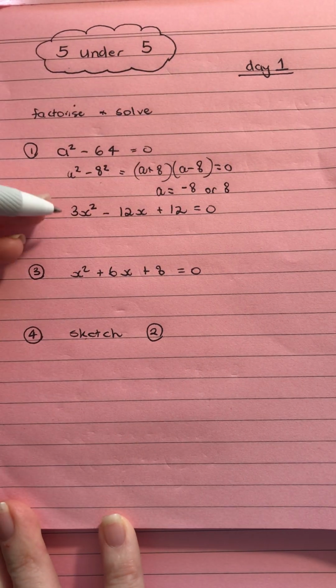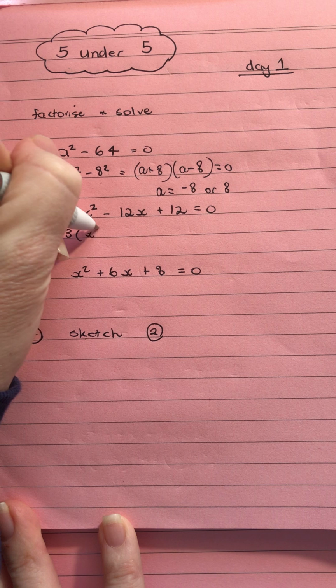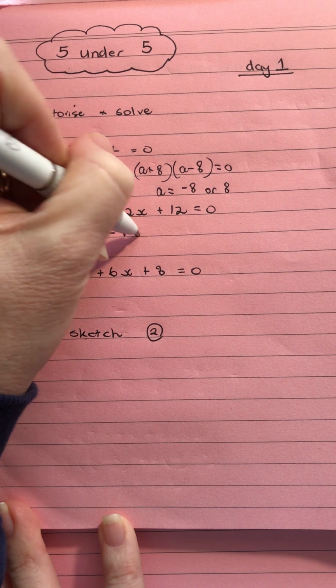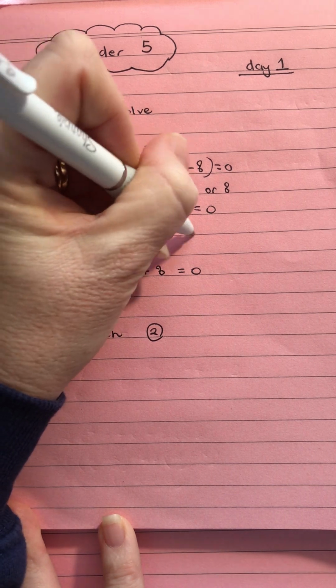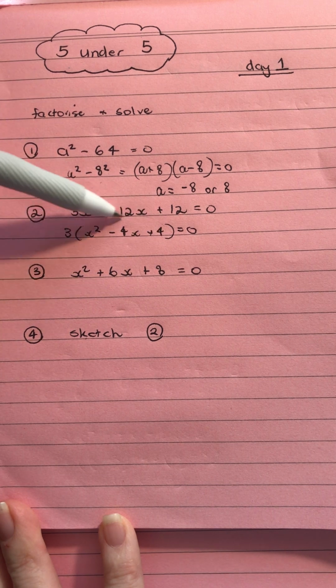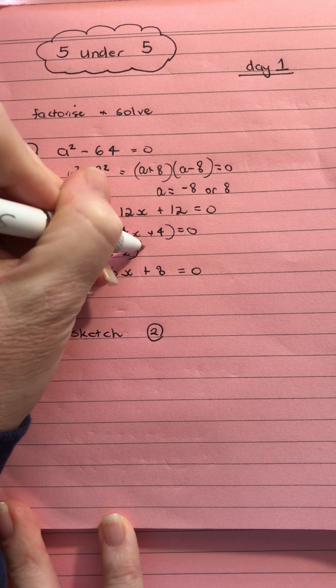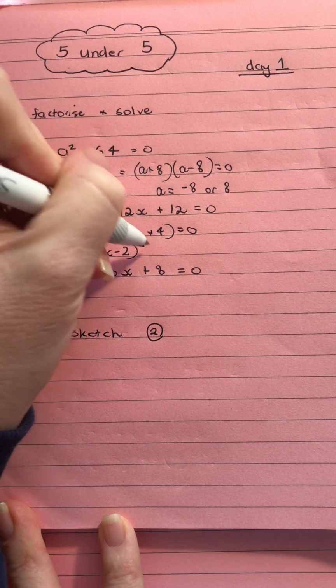Then we've got number 2, 3x squared minus 12x plus 12. I can see straight away there's a common factor of 3, so I'm going to take that out the front. So I'm going to get x squared minus 4x plus 4 is equal to 0. So now I want to factorise that, and I can recognise this as a perfect square. So I know that's going to be x minus 2 all squared, and my 3 stays out the front there,